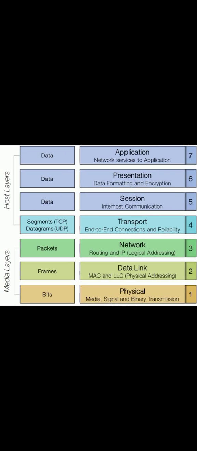So simply this is about transmission media. Okay, so this is about the physical layer. We have a total of 7 layers, and now we discussed the physical layer. In the physical layer, by using the cables and the signals, we transfer the data in the form of bits only. Thank you.